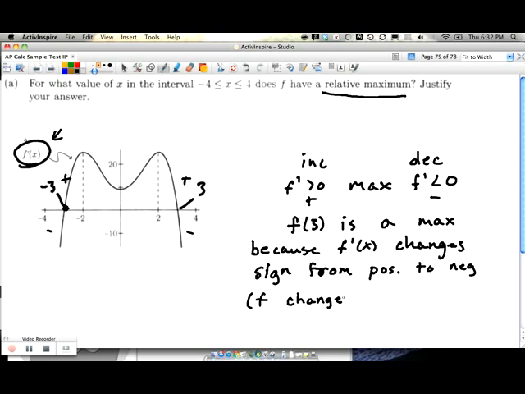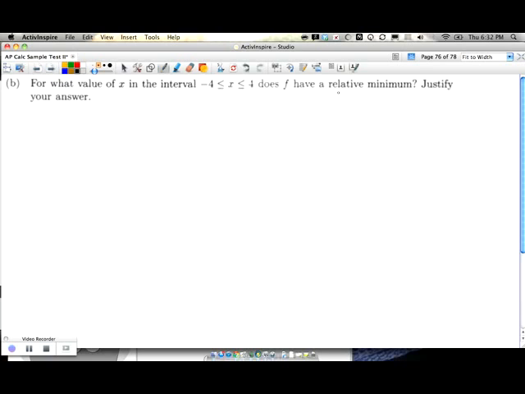There we go. Next, part B. When does it have a relative min? Well, that's actually the inverse of what we were just saying. We had said that it was a maximum because it changed from positive to negative. So remember over here, when it hits 0 at x equals negative 3. So for what value of x, at x equals negative 3,